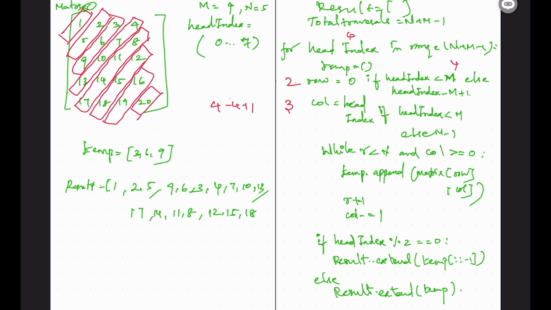So now head index will get updated to 6. So 6 minus 4 plus 1 will give you 3. 3 of 3 is 16. So now from 16, row minus 1, col minus 1 will give you 0, plus 1, col minus 1 will give you this. Col minus 1 will go, but row plus 1 exceeds your array limit, so we will have only 16,